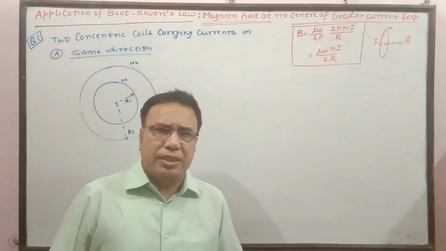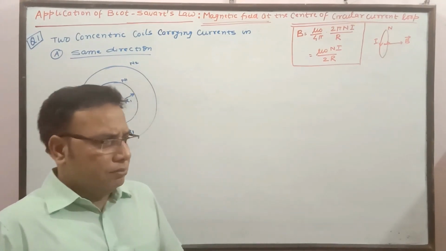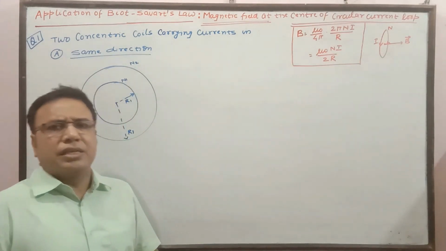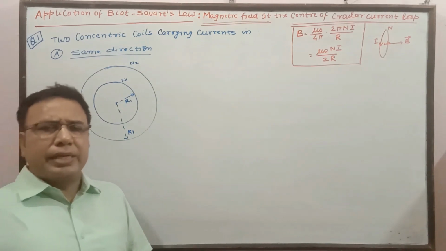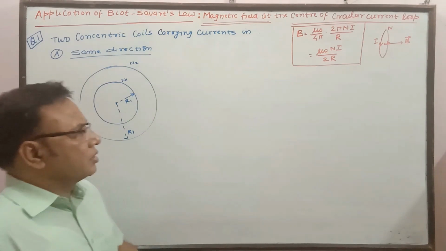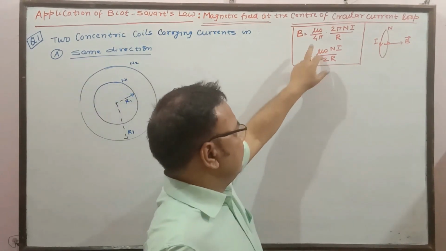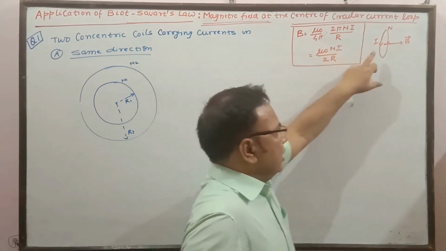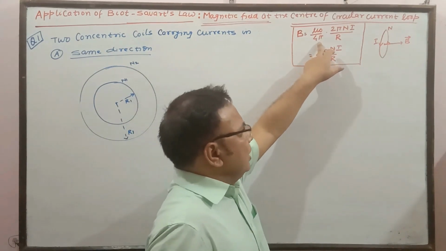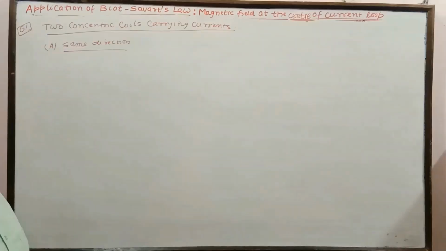Now we are going to see a few numericals based on the determination of magnetic field, either at the center of a given current carrying coil, or at the axis of a given current carrying coil. Let us start with the center of a circular current loop. We had already derived the formula at the center of any current carrying coil of radius r, n number of turns, that is mu naught by 4 pi, 2 pi n i upon r, or mu naught n i upon 2r.